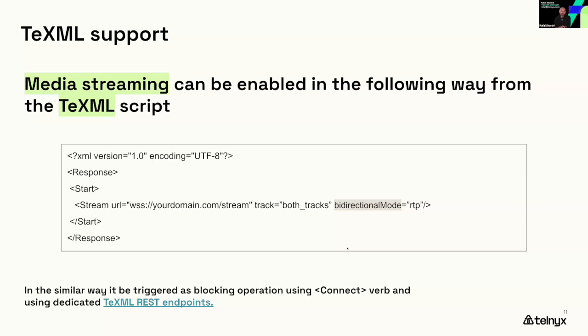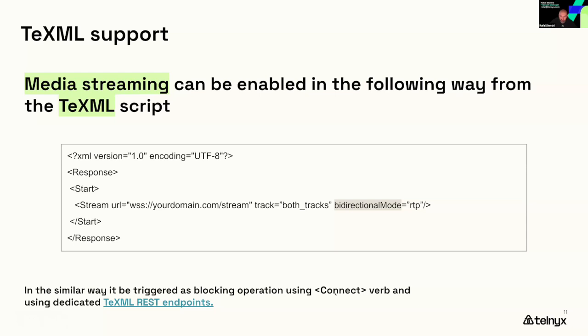Here you can see how to enable it from XML. We support two ways. One is just within the start verb, you can add the stream verb and define all the connection details similar to voice API. As well, you can use connect instead of start. And the difference between those two ways